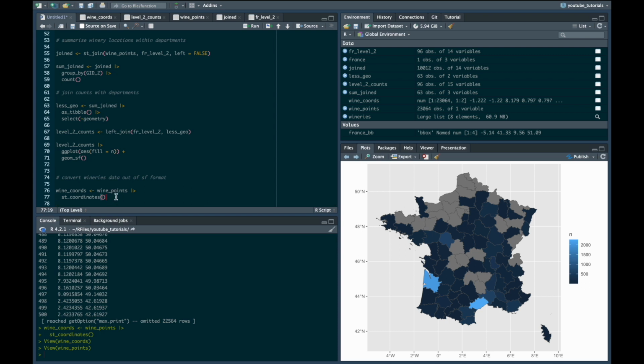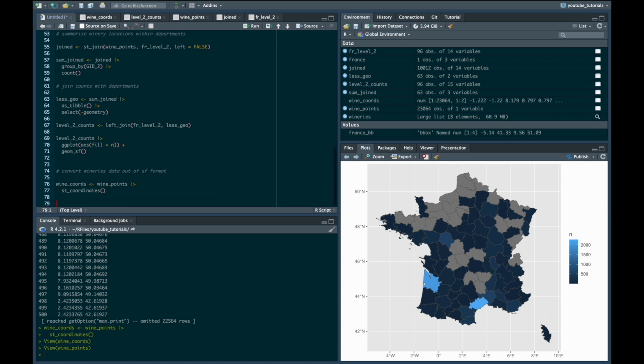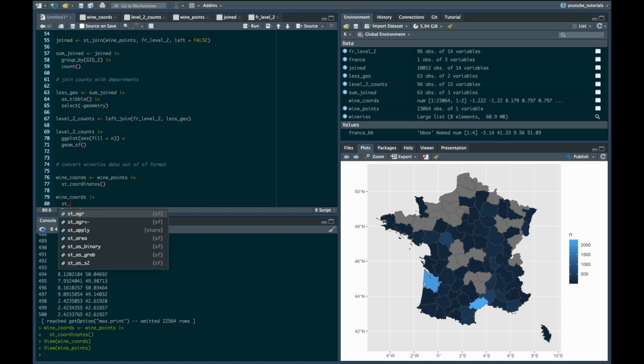Okay. So we now have wine chords, which is exactly what you might have in an Excel spreadsheet where you have data that is in your latitude and longitude coordinates along with other data. So now let's convert it to SF format so that we can easily plot it. And luckily for us, this is not very hard to do given the SF package. Let's see. ST as SF